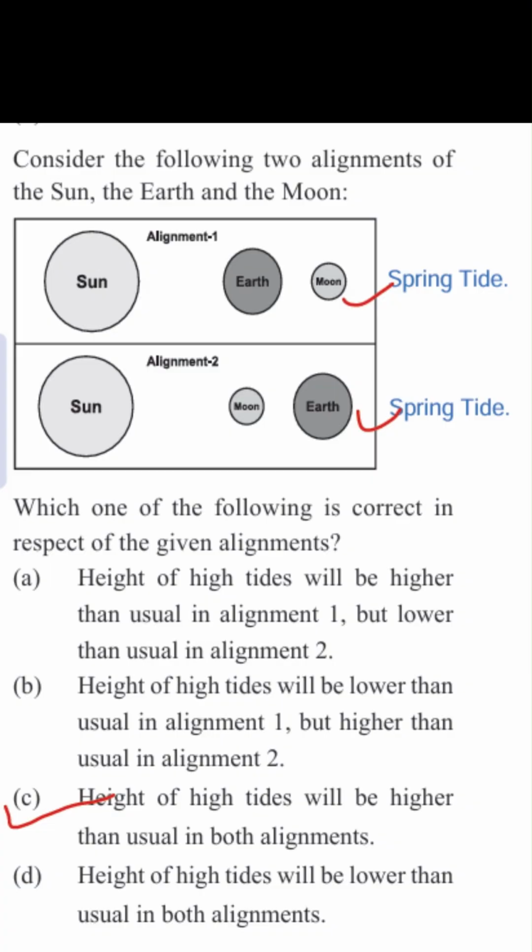So both the positions here are representing spring tide, because the sun, earth, and moon are in a straight line. So the height of the tide will be high in case of both the positions. So option